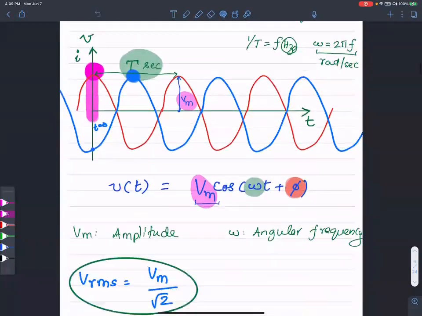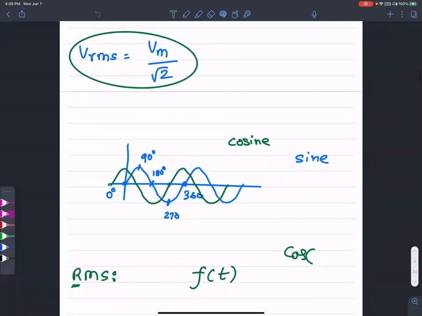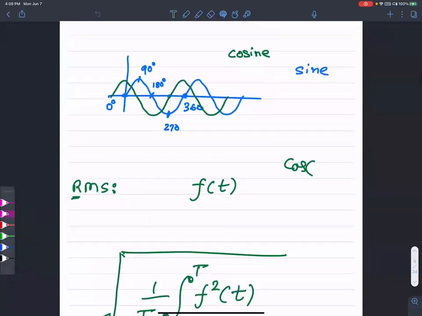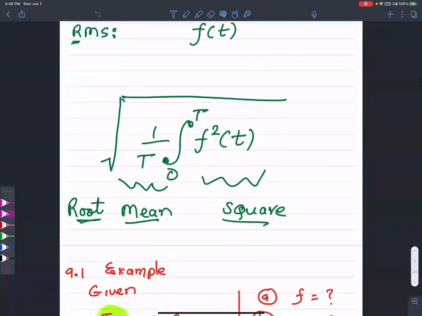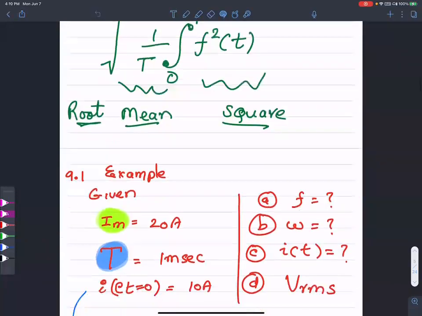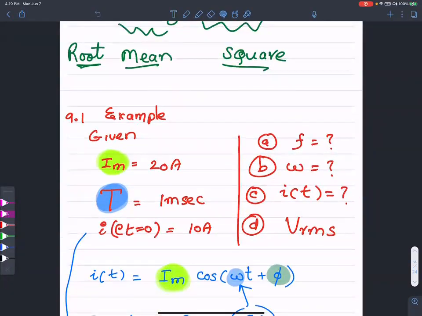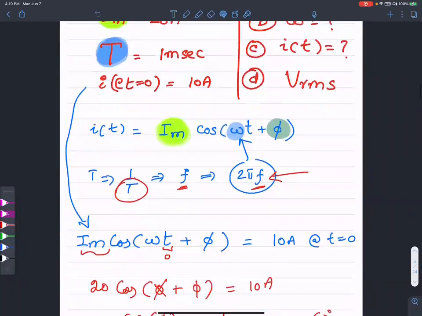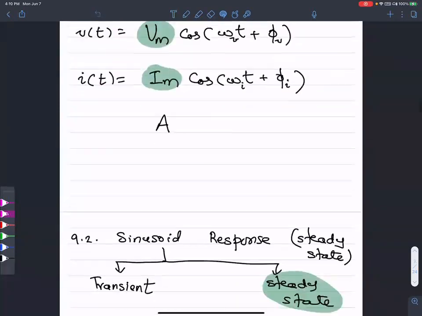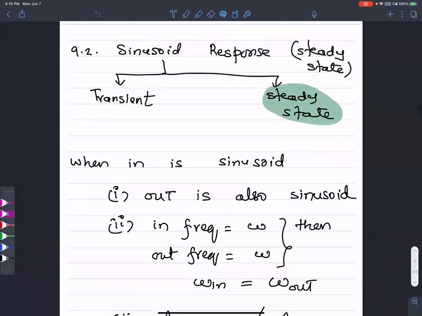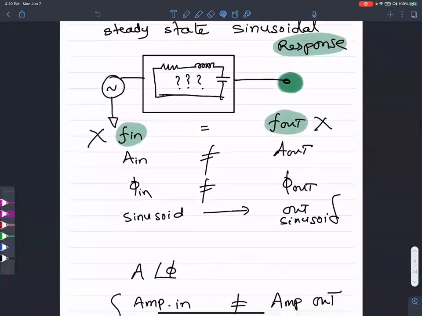Then I provided some information about how sine and cosine can be interchanged, and what root mean squared is. We went over some examples in terms of the sinusoidal analysis,